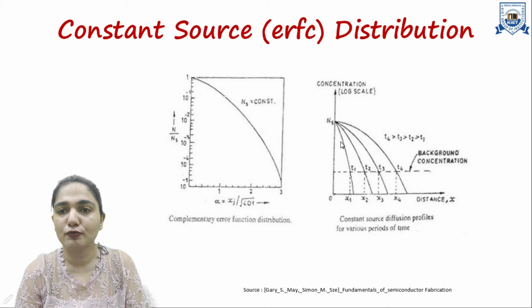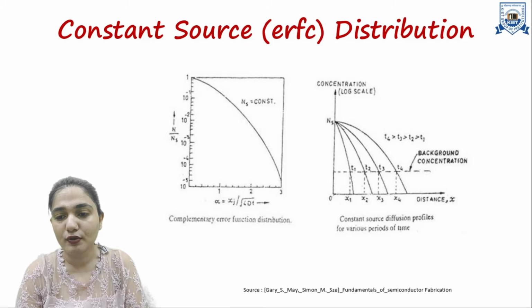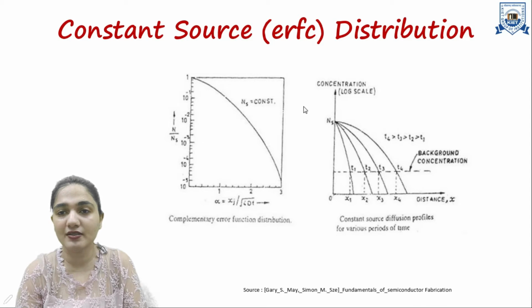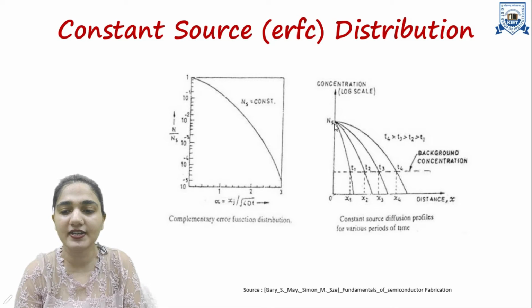I already told you, to know more about the error function you can go to my previous video where I have already discussed the error function. I have also discussed the Q function, and the complementary error function as well, because all of these will be used here and you need to know the mathematical parameters. So here we have taken the initial condition Ns. So instead of N dash, here we have Ns as the concentration.